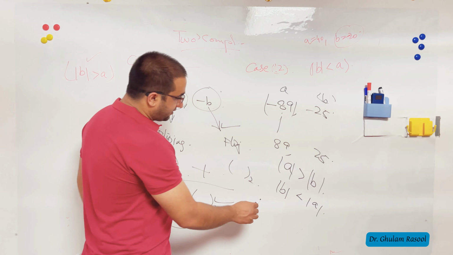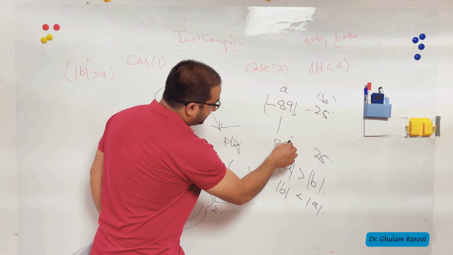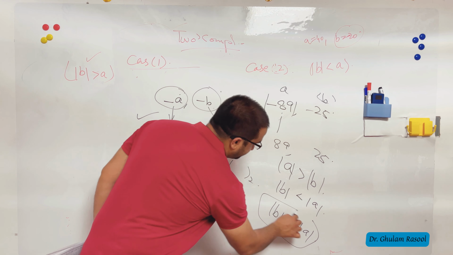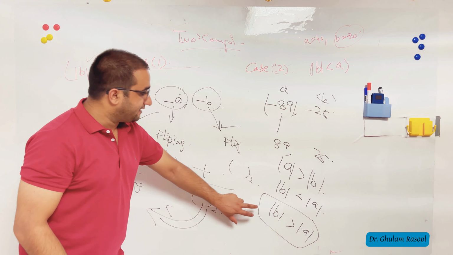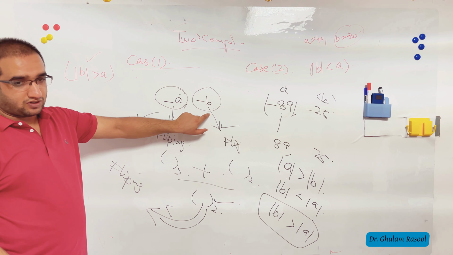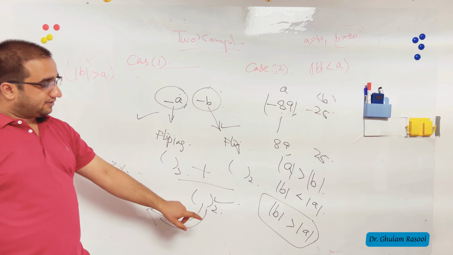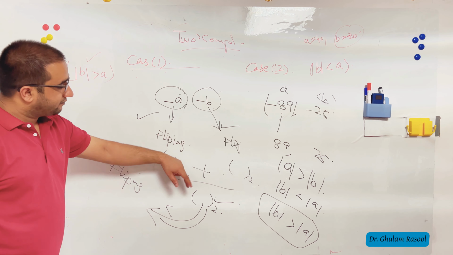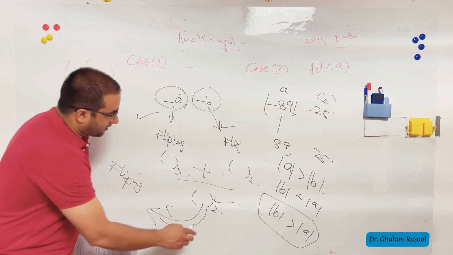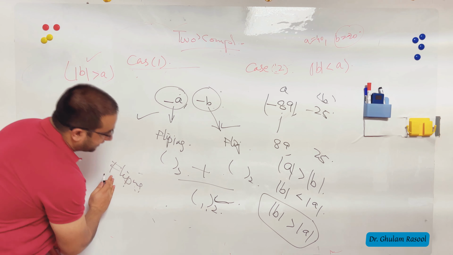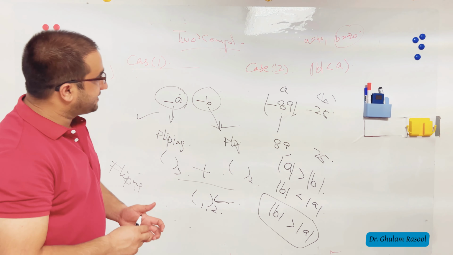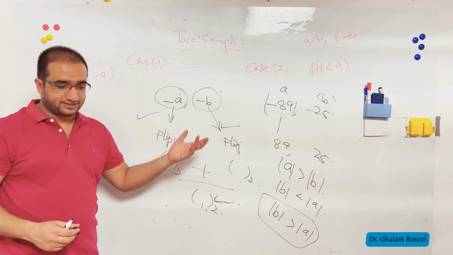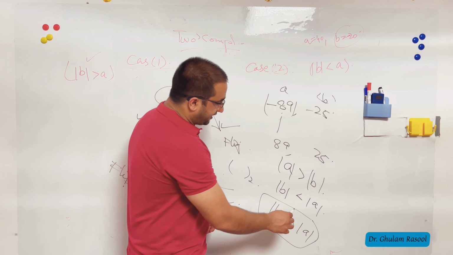The fourth case could be where this thing is greater than this thing. In that case, simply find the 2's complement of A, and the 2's complement of B. Both are negative, but they follow this relation. Then flip them, find the 2's complement, add them, and that is your answer from here. So you will stop again. So there are 4 cases, 2 cases flip twice, 2 cases flip once. But you simply need to remember these rules.